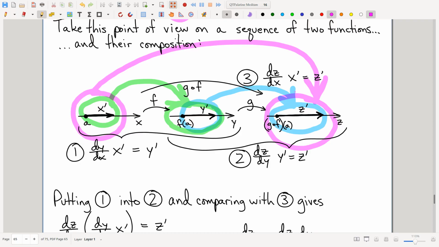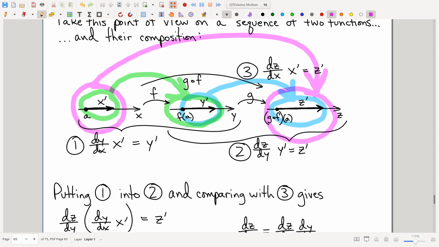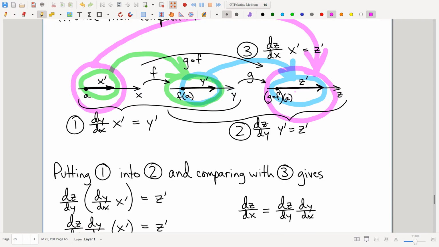And again, there are a bunch of different ways to think about the chain rule. I know this might not be your favorite way to think about the chain rule, but this is the way that's going to be most useful for our purposes. The derivative of the composition is the product of the two individual derivatives, because multiplicative factors multiply. And we're going to pick up here next time and generalize this to a multivariable setting.